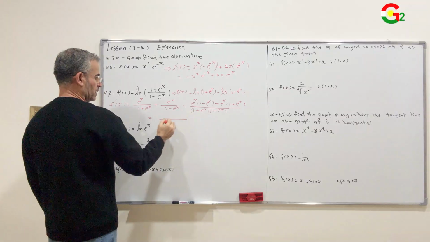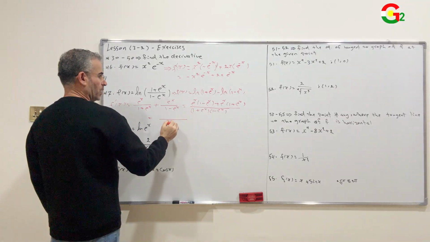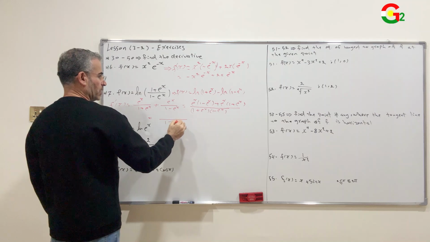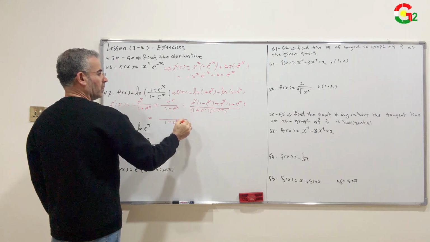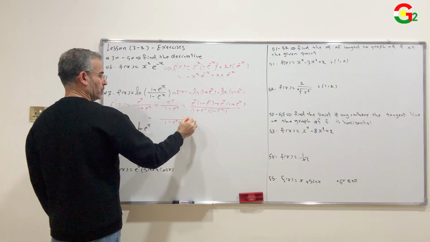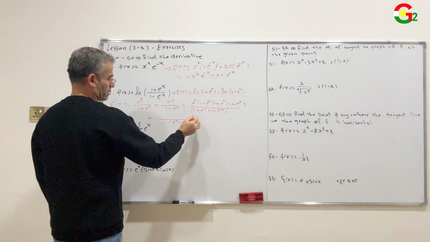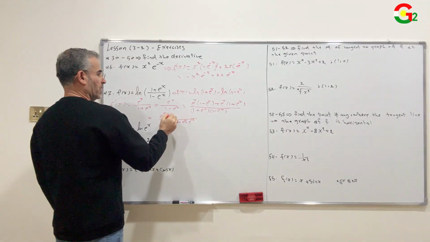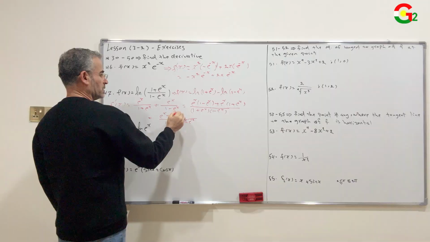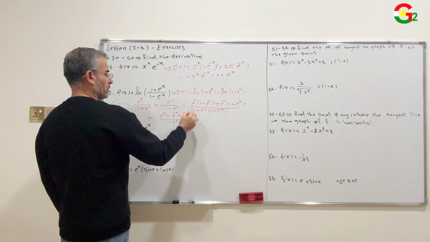Open the two brackets in the denominator: 1 times 1, 1, minus e to the x plus e to the x, minus e to the 2x, e to the x times e to the x, e to the 2x. In the numerator, e to the x minus e to the 2x plus e to the x plus e to the 2x